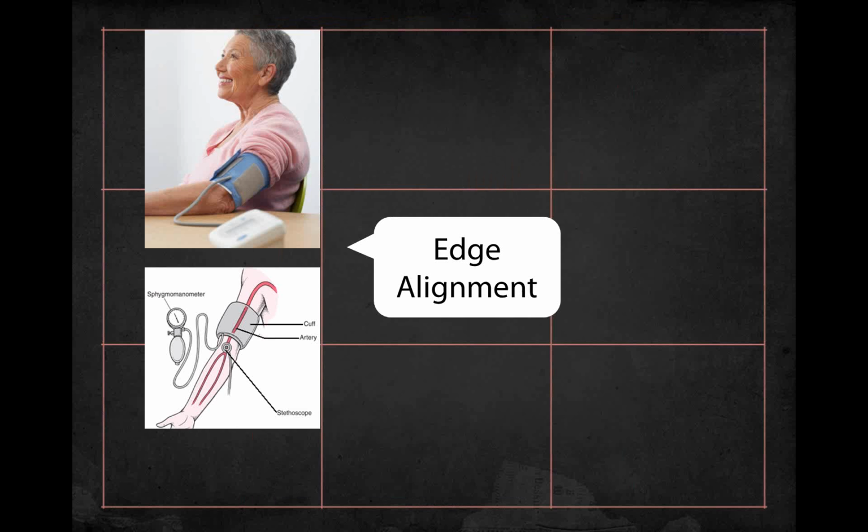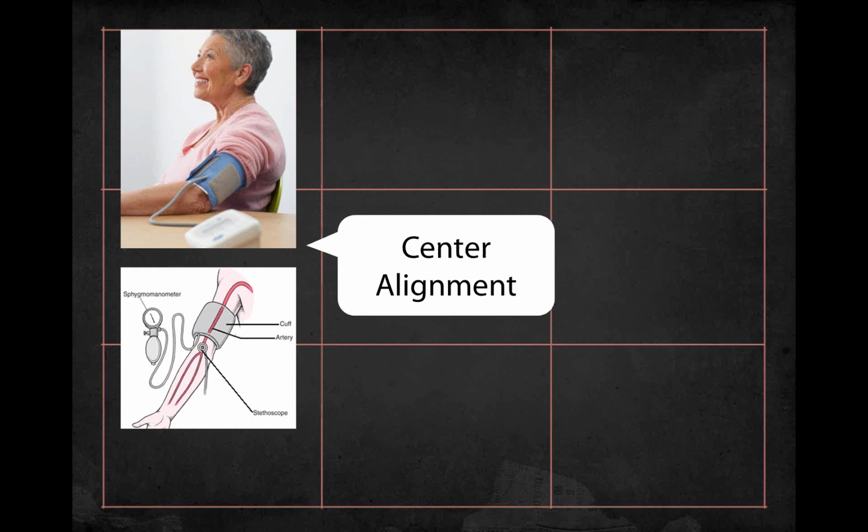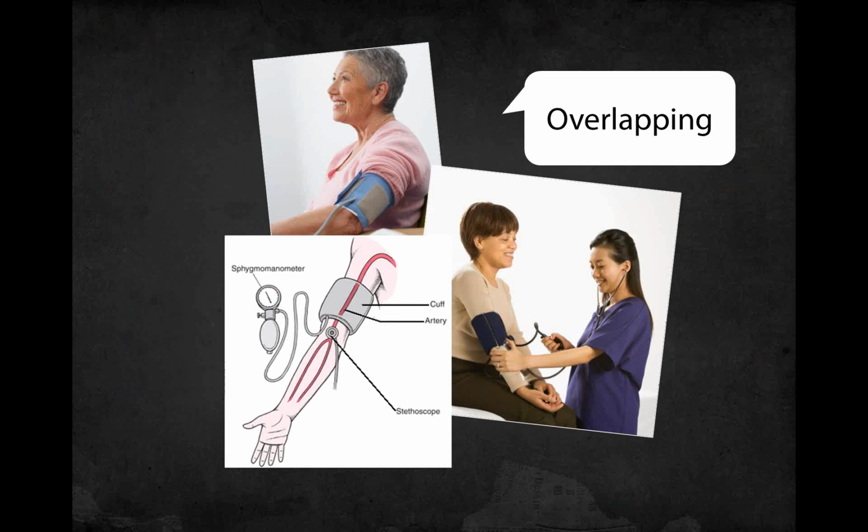There's three types. There's the edge alignment, making sure that everything is aligned on one edge. Center alignment, making sure that everything is aligned in a center axis. And if it's overlapping, I guess you're a little bit off. It's not as hard, is it? And you'll see this overlapping a lot, and when it makes sense, you'll see photo, whenever people are expressing photos.